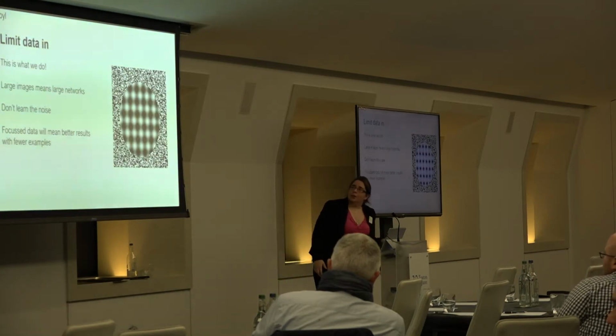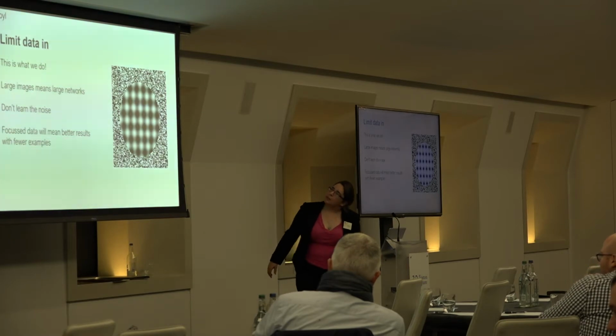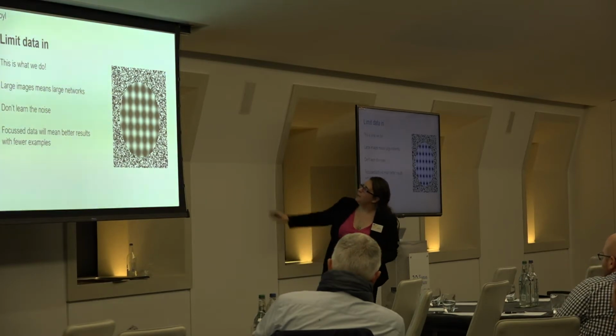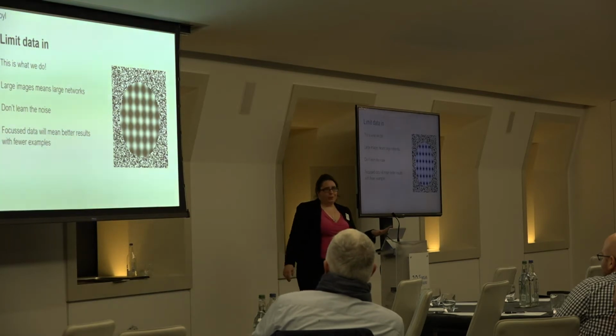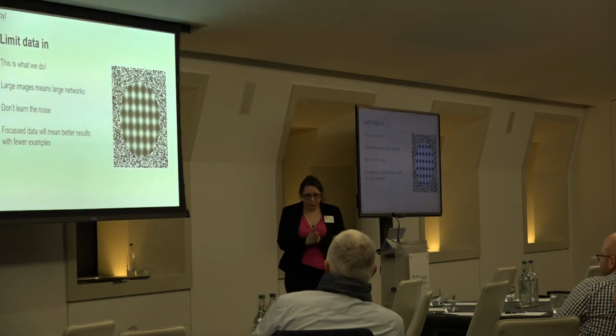So I can assure you that this is completely static, even if it looks like it's moving. And if you don't believe me, I have a printout later. So going back to us,